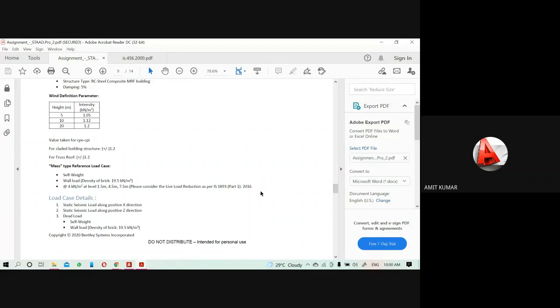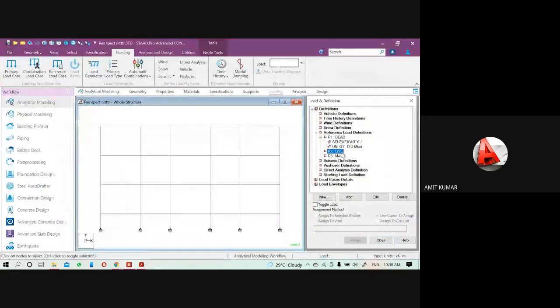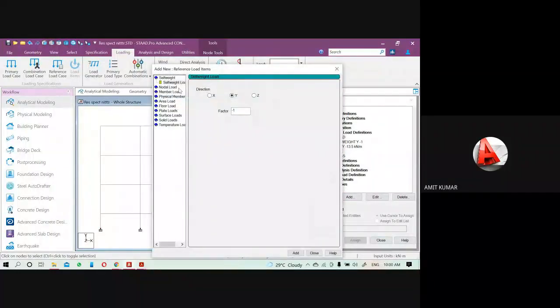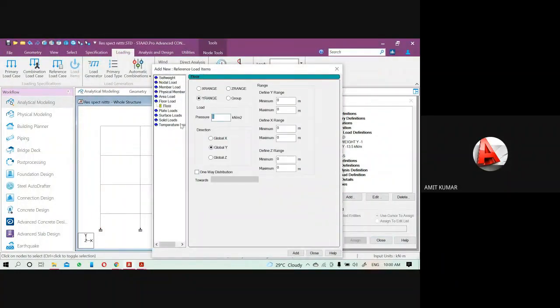So according to the IS code, I explained that we have to add 50% part of the live load. So I will change this value to 50%, but in the mass load. Okay. So here in the live load, I have to put the complete, full value of the live load. That will be your floor load, and the pressure value is -4, and the range will be from 0 to 10.5. That is the height of the structure, and click on the add.